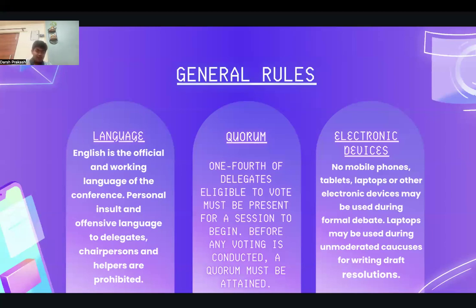Because if you're caught playing video games or typing something on social media, it can lead to negative marking because it's not considered discipline, right? You need to be very disciplined during the committee because the executive board actually wants you all to be very disciplined, because it's a UN conference. In a UN conference, you all need to be very serious with the roles that you have been given and the agendas that you need to discuss, right?